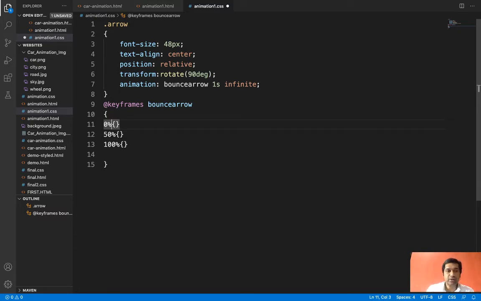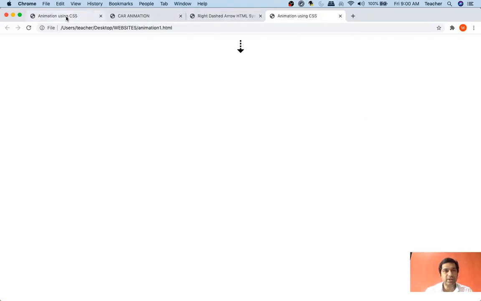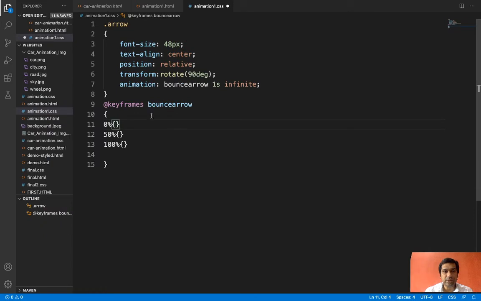And how we do it is that I can write here at the start, if you notice, in our example, at the start, it is on the top. Then see, it is happening within 1 second: going down, coming up, going down, it's happening in 1 second. So what I will do here is I will tell it, when it starts, let the top of the arrow be at the 0 pixel. So at the start position of the arrow, let the top of the arrow be at the 0